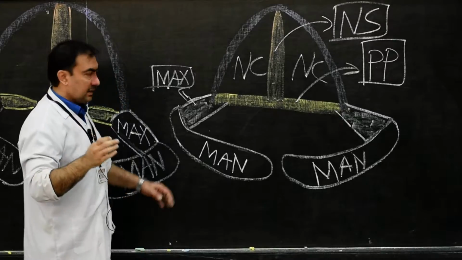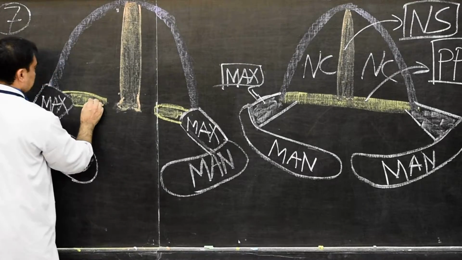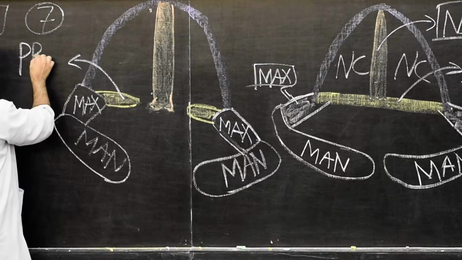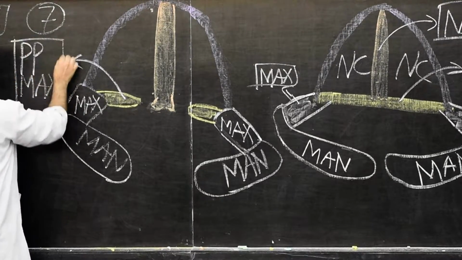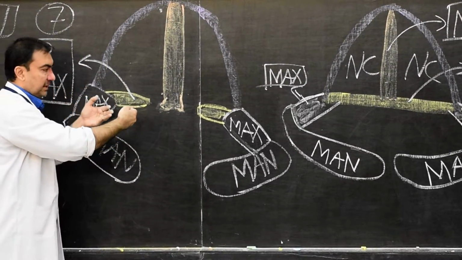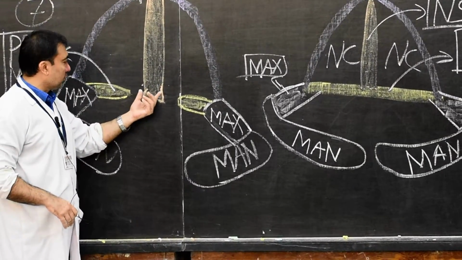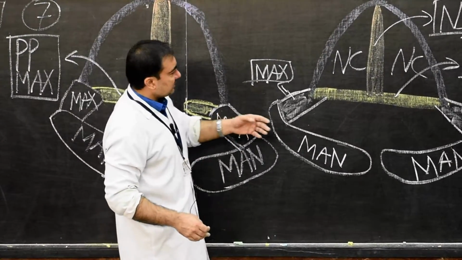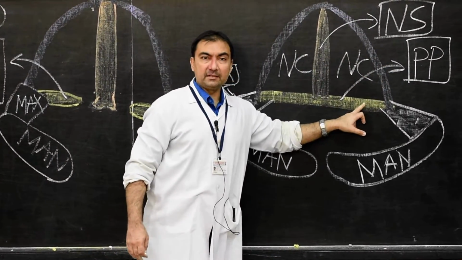So therefore, now correlate these two diagrams. Once again, these two processes, if we give the name to these two processes, palatine process of maxilla. Please note down, this is very important, palatine process of maxilla, step number 7. They will migrate towards each other. Palatine processes of maxilla migrating towards each other. They will fuse with the lower caudal end of the nasal septum. As they fuse with each other and with the caudal end of nasal septum, they will develop into permanent palate.